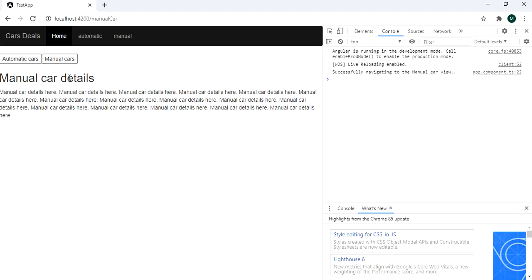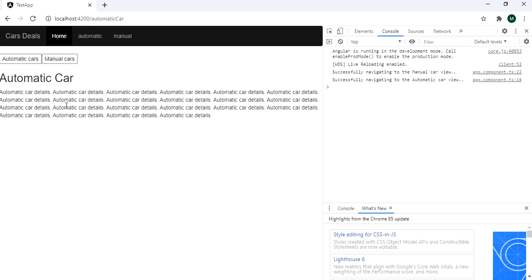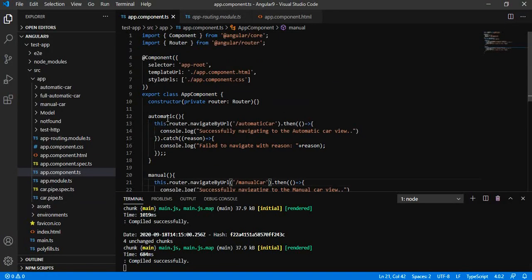It is a success. Again on automatic, it is a success. So this is how we can define the method inside our component and navigate with the help of that defined method by using the Router. We have to import the Router and utilize it in order to navigate with the help of router segments or with the help of the URL.